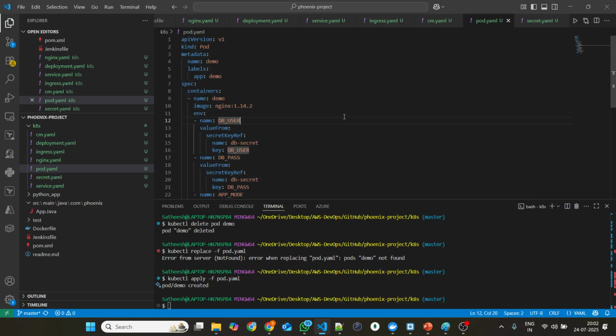Now the pod is created. I didn't make any changes in the template. It was because the pod was already available. That's the issue. I deleted the old demo pod, and now I created it. If I do exec now,